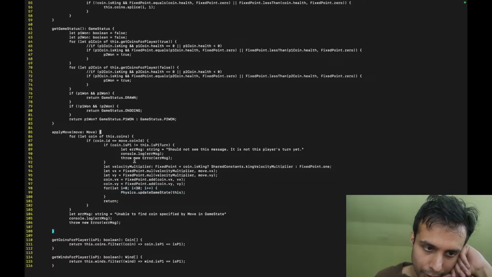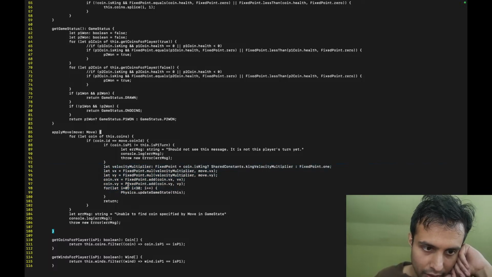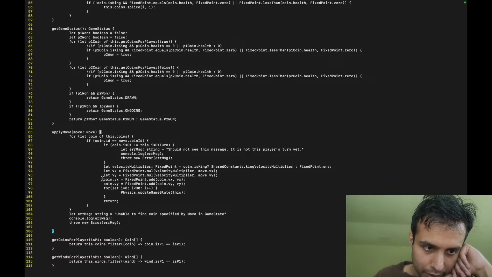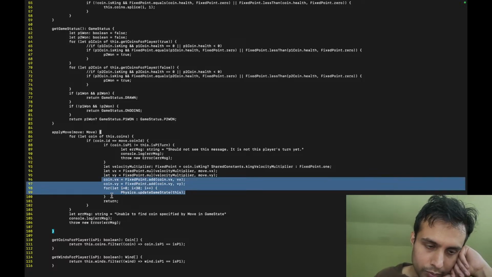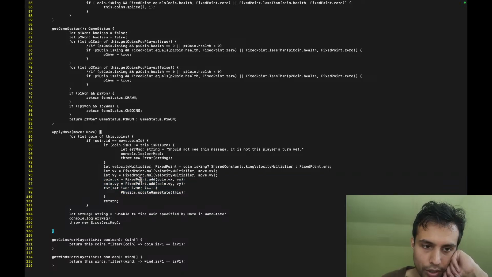But anyways, the point is that right now this is, I must say, a destructive operation. We're taking the game state and mutating the coins' positions, because these four lines of interest are mutating the game state. And then we're doing a skip, where our pointer to the previous game state is now being messed up.